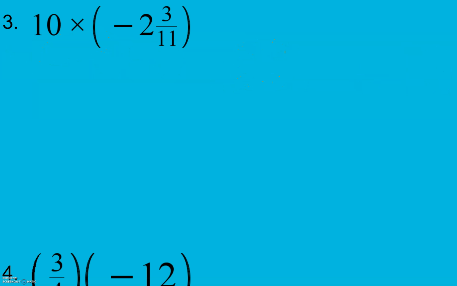In 3, first thing I'm going to do is rewrite these as improper fractions. So 10 is over 1. Again, whole numbers we put over 1. Here, I'm going to take 11 times 2 plus 3, which gives me 22 plus 3, 25 over 11. And don't forget that it's negative there. Now with fractions, we multiply straight across. So I take numerator times numerator